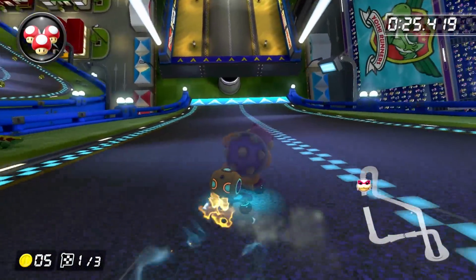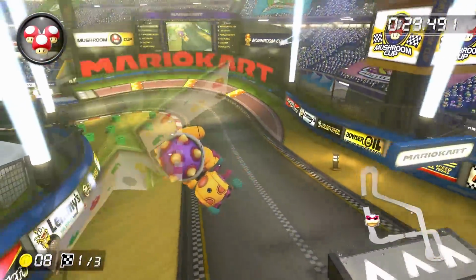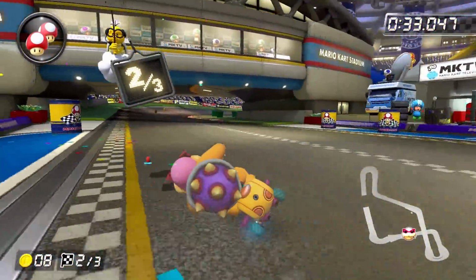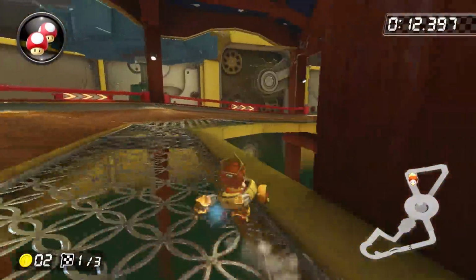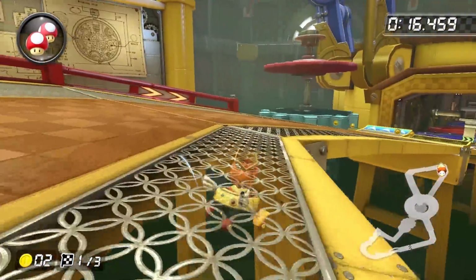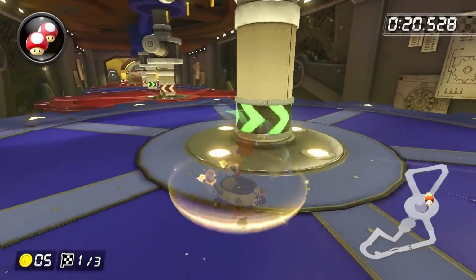Fellow racers, we may be on the verge of a Mario Kart 8 Deluxe revolution, the likes of which we haven't seen since the implementation of Motion Glider into world record time trials in 2019. Two new pieces of tech have been discovered in Mario Kart 8 Deluxe that have the potential to absolutely transform top-level play by allowing players to maintain the speed that we get from a trick boost well after the boost